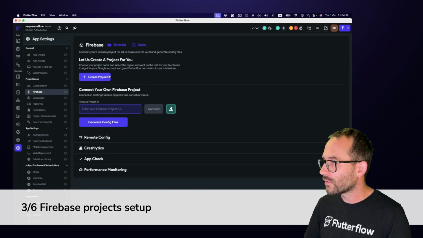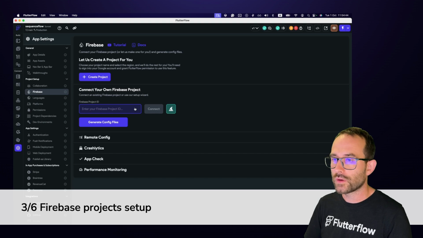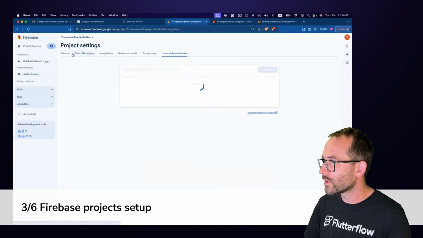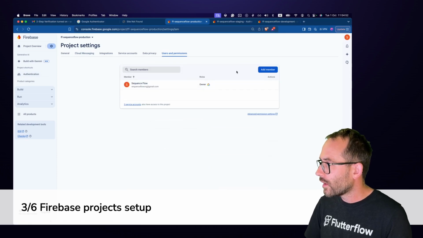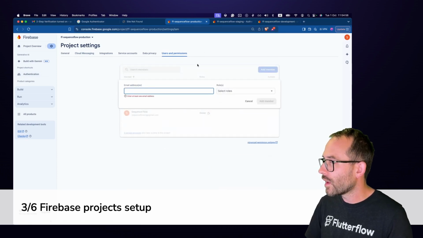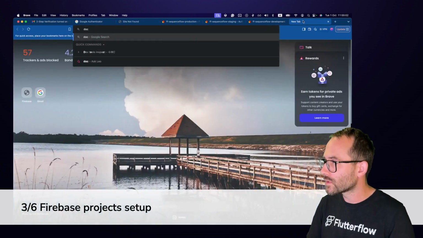So, but when you come back here, it's not good enough for now that you set up, because you need to go to the users and permissions in every specific project, and now you have that one default one as an owner with owner permission. If you check the documentation of Flutterflow there in the docs